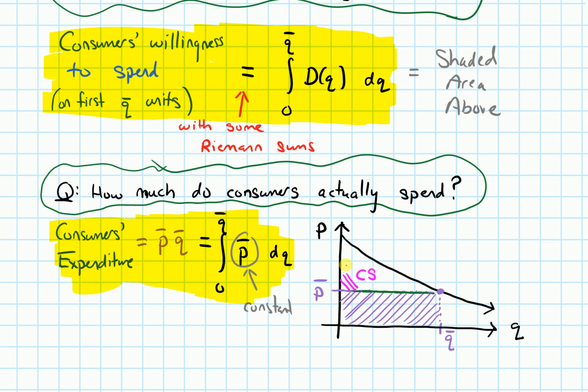So I'm going to shade that in a different color. So that is the consumer's surplus. And this rectangle area is the consumer's